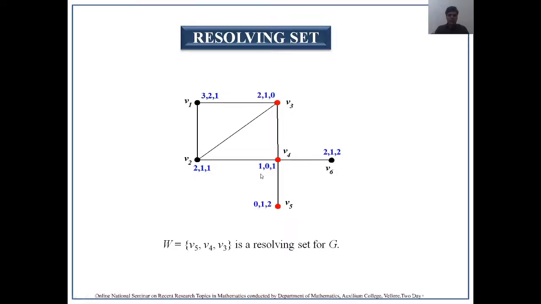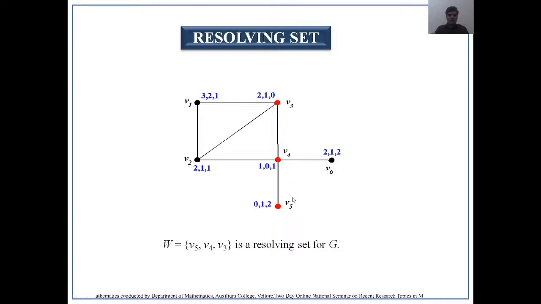So here, suppose I take this vertex v4 and this vertex v6, now I could see that in the first coordinate itself there is variation. Therefore, these two vertices have different representation. Similarly, when I take v5 and v2, the first coordinate again varies. Therefore, these two vertices have distinct representation. Therefore, it is true for every pair of vertices in the graph. Therefore, I can conclude that W, a set consisting of vertices v5, v4, v3 is a resolving set for the